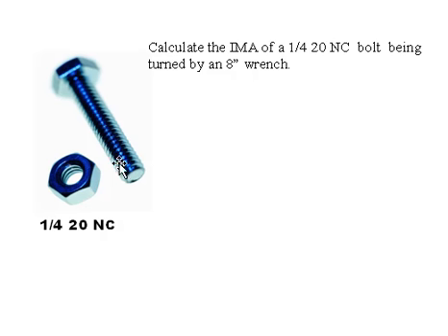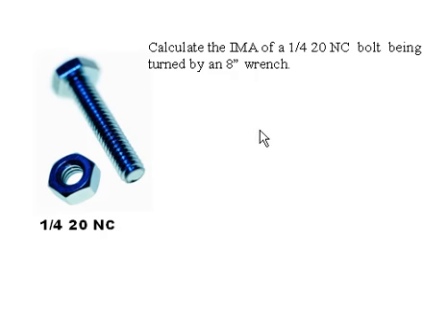Hi everybody. In this lesson we're going to be learning how to calculate the mechanical advantage of bolts and threaded rods. Bolts are nothing more than pieces of iron with threads on them, and you need to understand how many threads are on the bolt so that you can calculate mechanical advantage. What we have to do here is calculate the ideal mechanical advantage of a 1/4 NC bolt being turned by